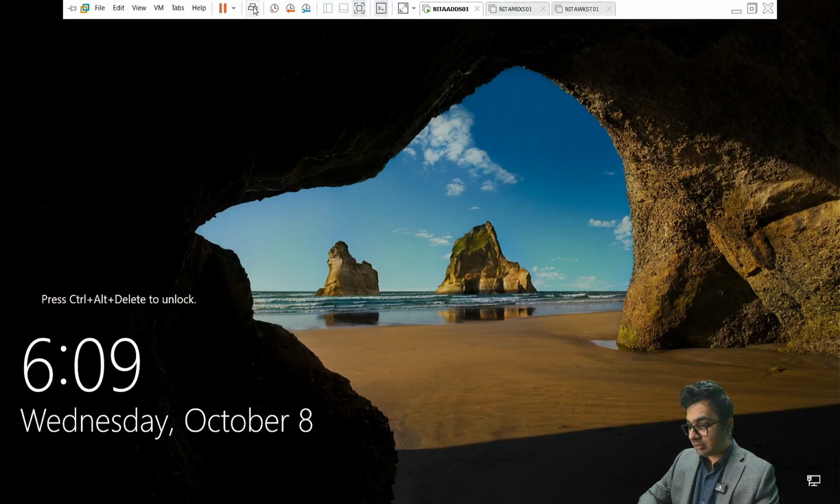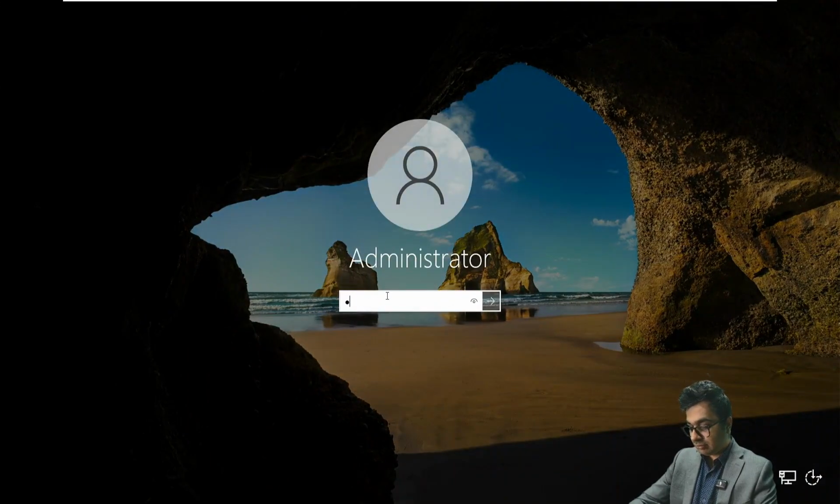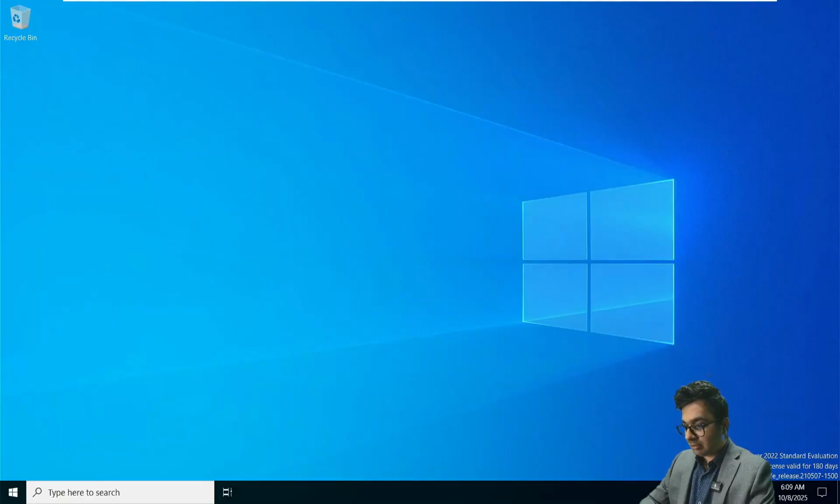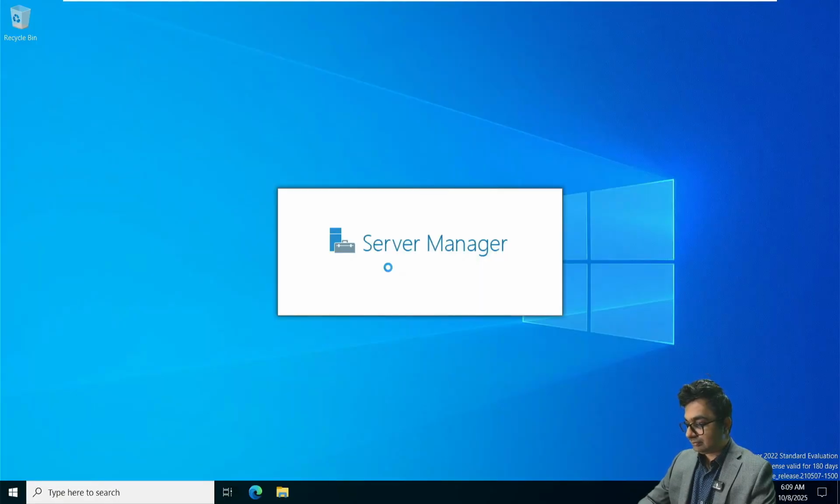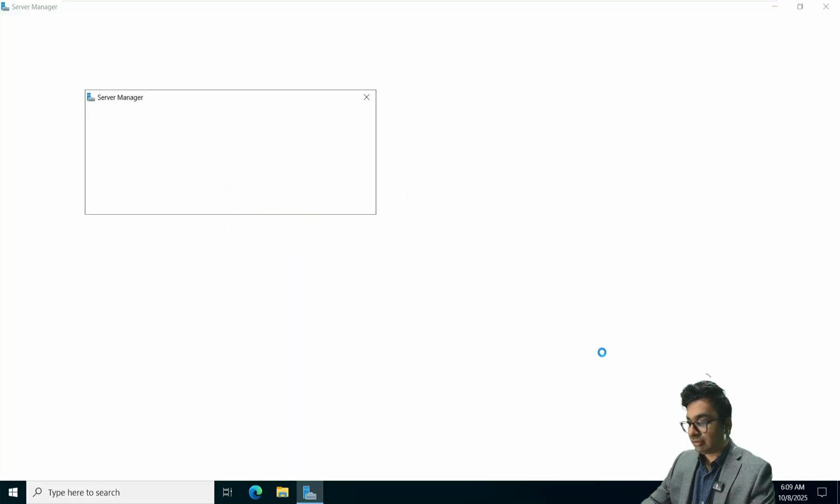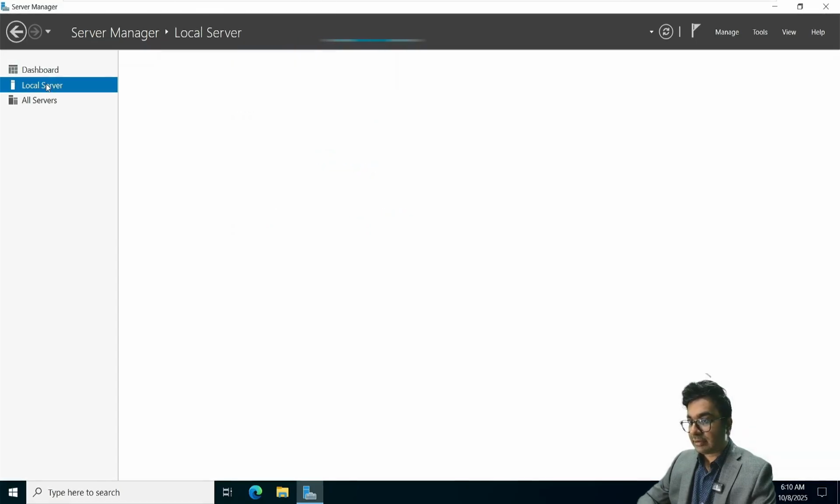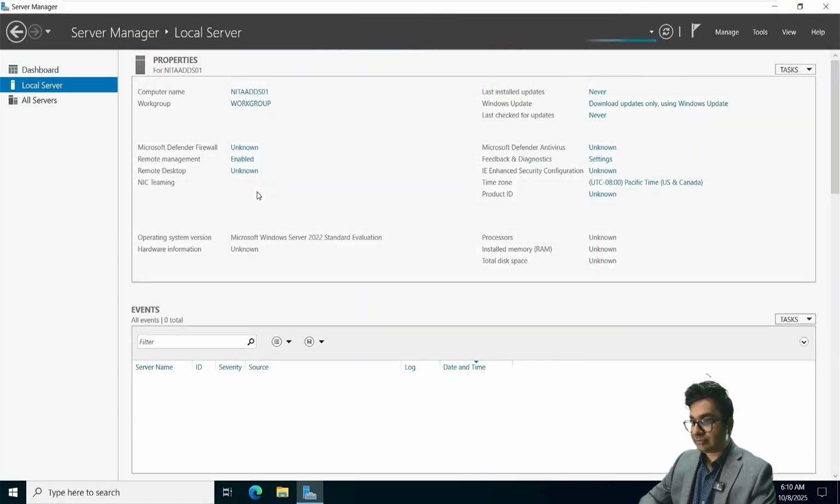Okay, here we go. So my password is password1350. All right. As you can see, it's a Windows Server 2022 standard evaluation. It's on a trial license. It's okay. Local server,